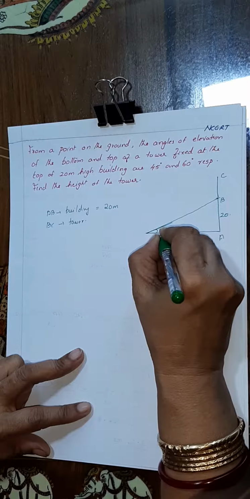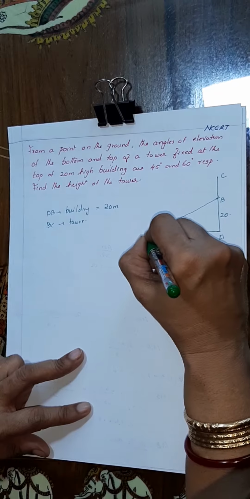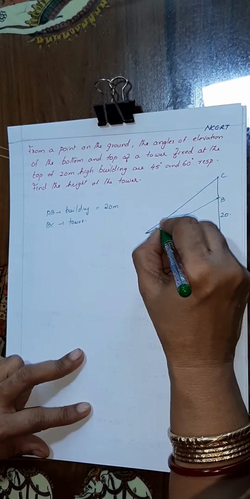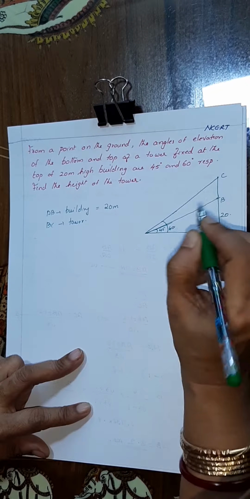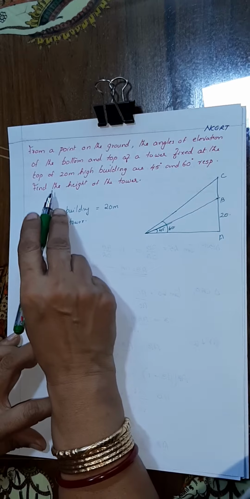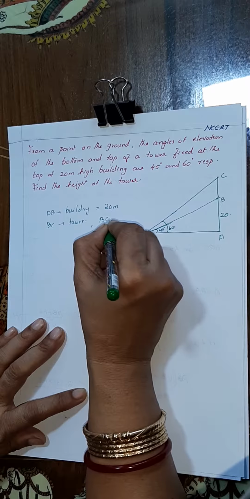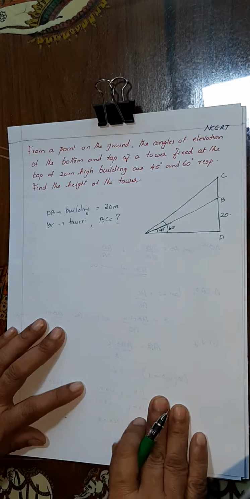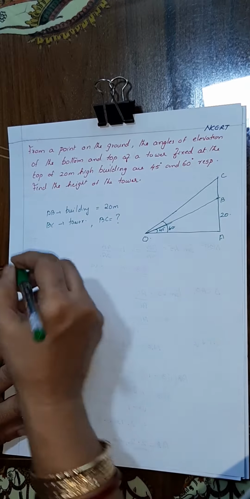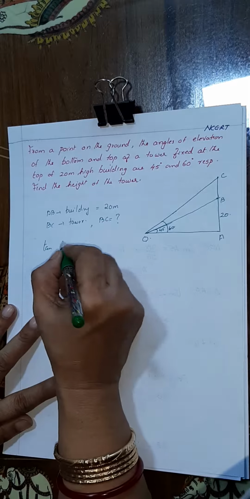This is 45. And then top of the tower. So this will be 60. Now we have to find the height of the tower. So we have to find BC. So again we will use the same tan 45 is equal to